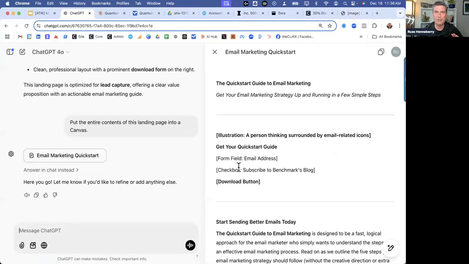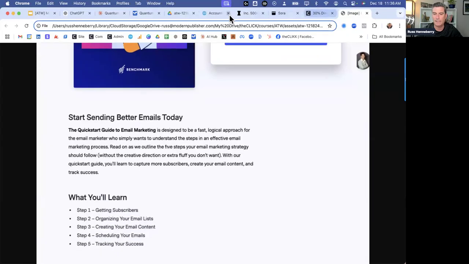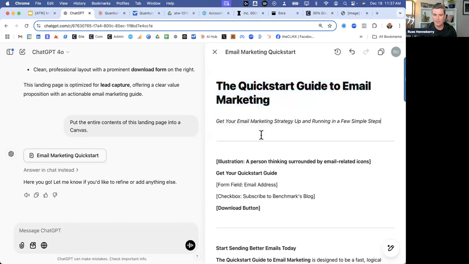And this is just yet another way that I can use it, to take a screenshot of something and say, "Hey, drop the copy into a canvas." Now that it's in Canvas, I can start to work with the copy. I can work with it like it's a regular document. I can go over here and format this, give it a heading.